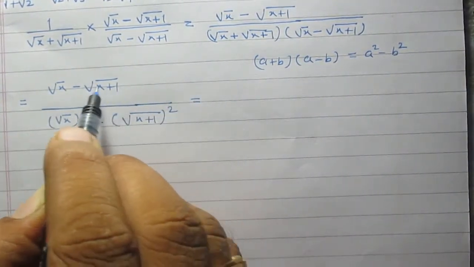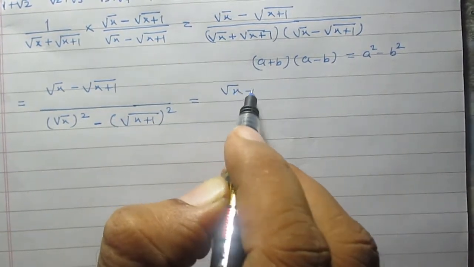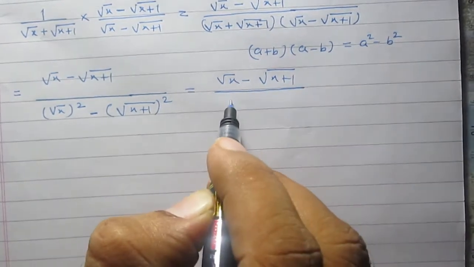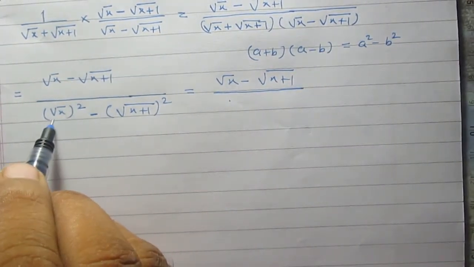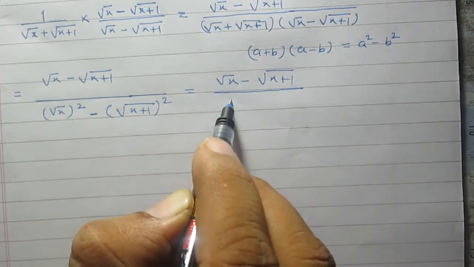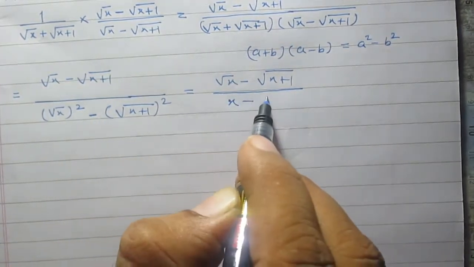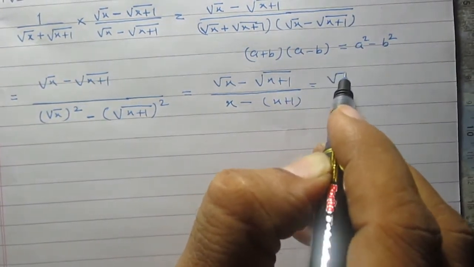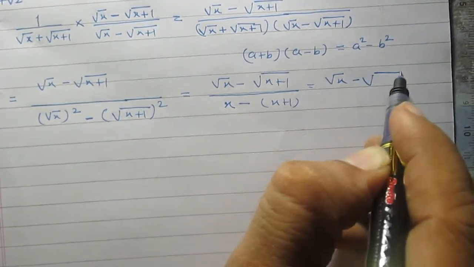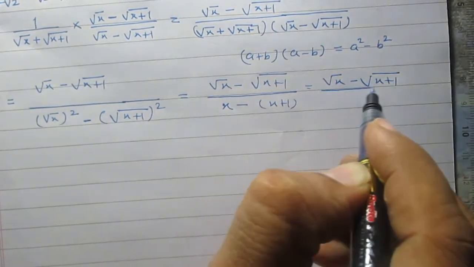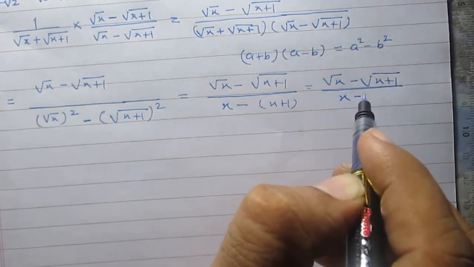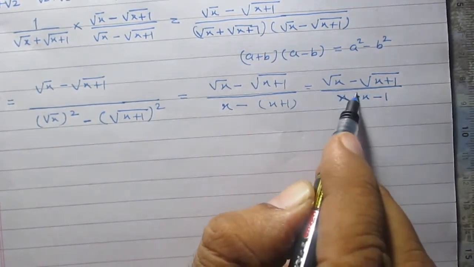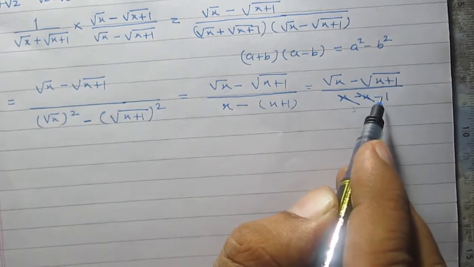We can further simplify it as the numerator as it is, and denominator is square of square root of x. It is x itself, negative sign and then x plus 1. It is square root of x minus square root of x plus 1 divided by x minus 1. So x and minus x, the result is 0. Finally we will get